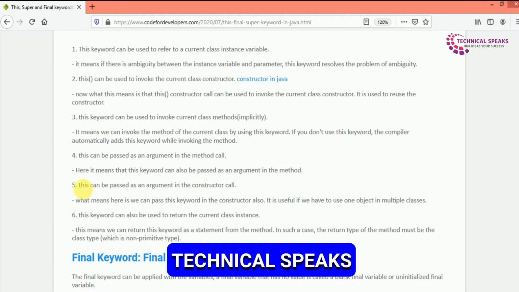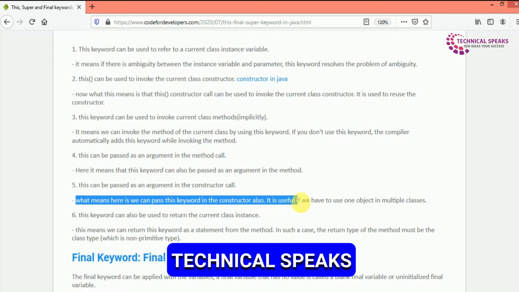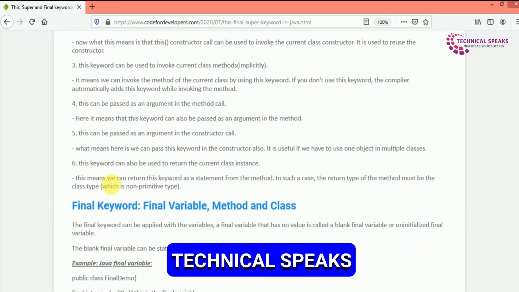Fifth, this can be passed as an argument in the constructor call. What it means here is we can pass this keyword in the constructor also. It is used if we have to use one object in multiple classes. Sixth, this keyword can also be used to return the current class instance.